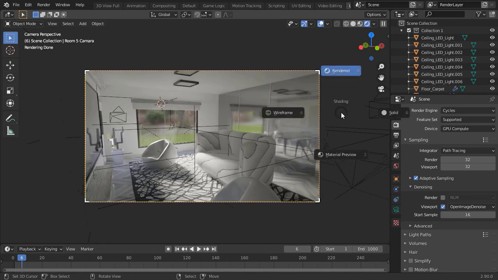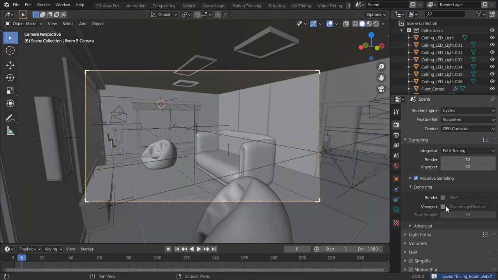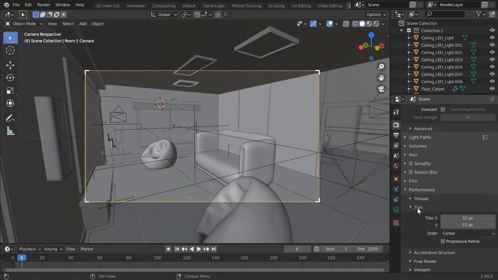Now we can do the render denoising using the OptiX denoiser. But the OptiX denoiser is not available for the compositor.